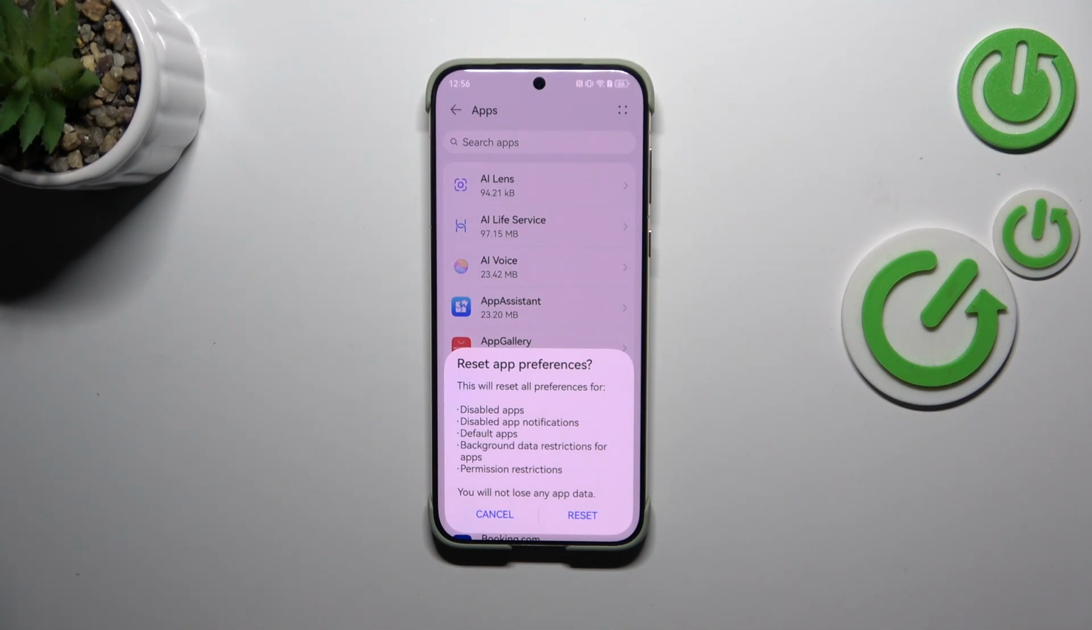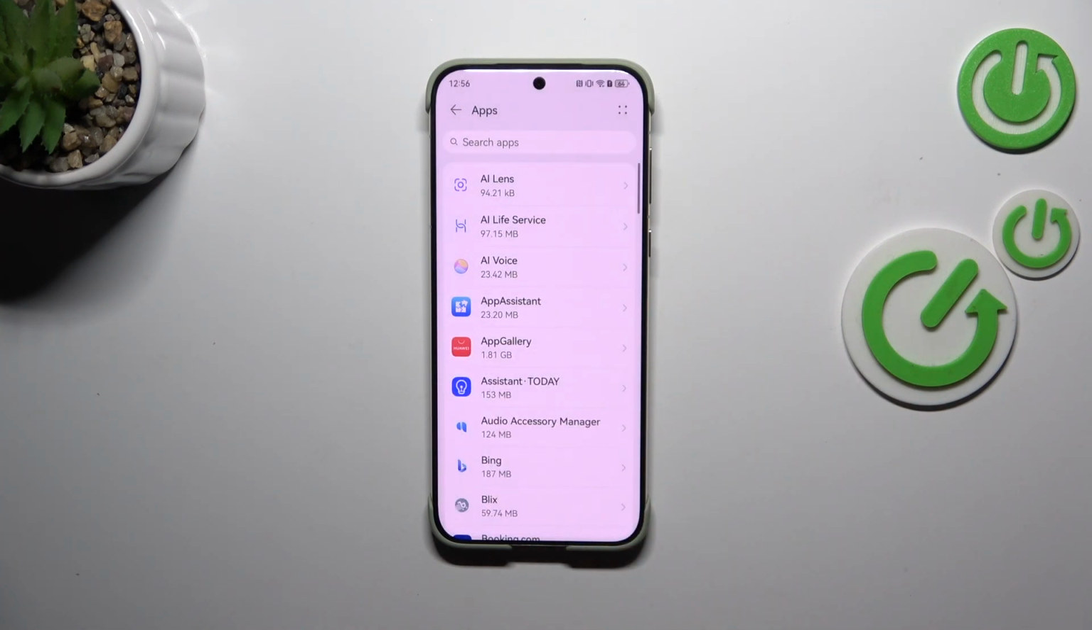your device will inform you what it will actually reset, so among others disabled app notifications and background data restrictions for apps. What's more, no worries, you won't lose any app data, so simply tap on reset and basically this